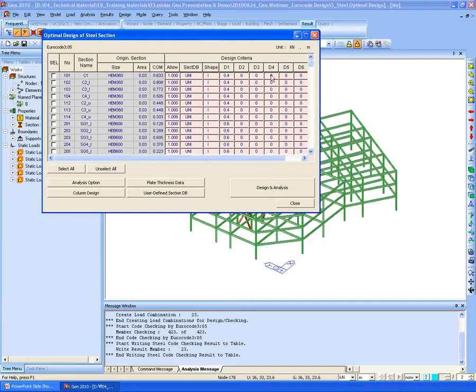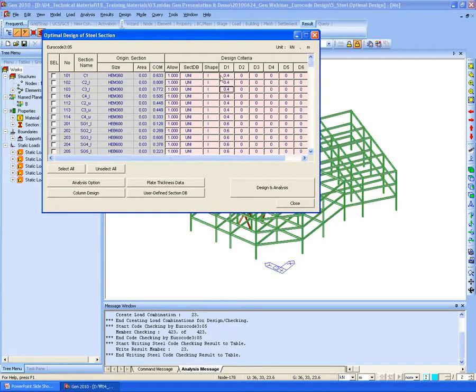And then we can check the design criteria. When you update the section during the optimization, we can select if we want to use the built-up section, the database of the program, or your own database. We will use the unique section with shape I. This one is the dimension of the section.